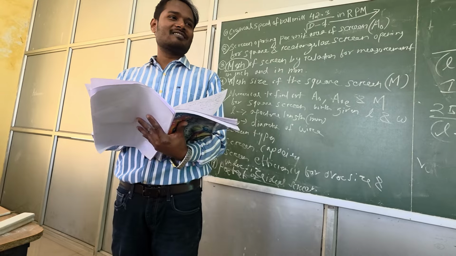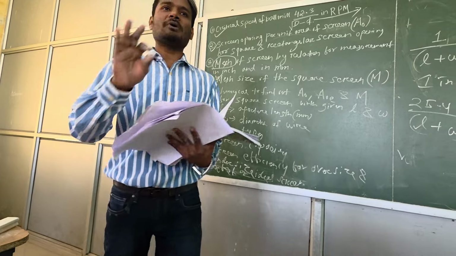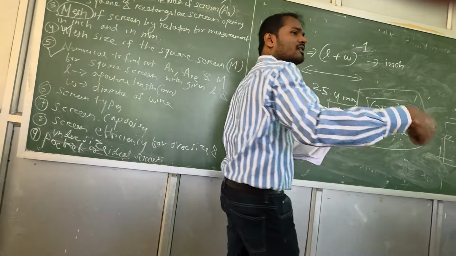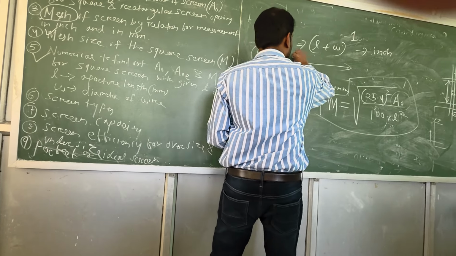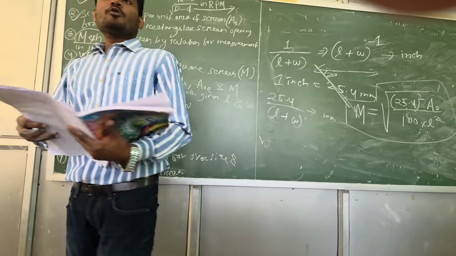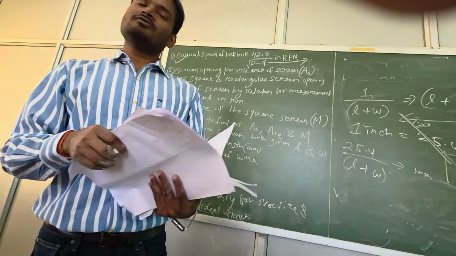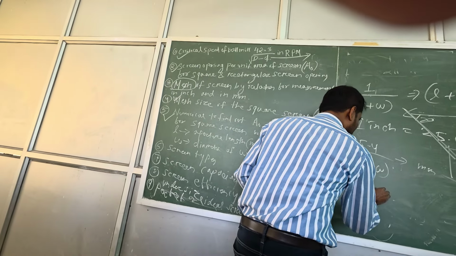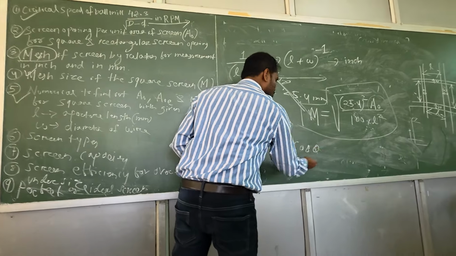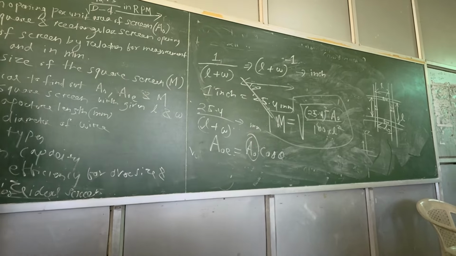But in the previous class I don't know why it was wrong. Maybe there was a minus. Okay, anyways, so you understood that percentage area opening is 52% if the screen is in horizontal position, right? But the next question was if it is inclined. Suppose now I am inclining the screen at 20 degree, for example. So what will be the percentage area opening? The formula I told you, A naught cos theta. Very good, you remember that. So I can write A theta is equal to A naught cos theta. So theta is 20 degree, fine. And we already calculated this one, 52.7 percentage, whatever.